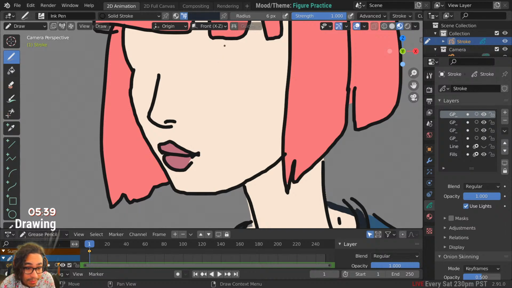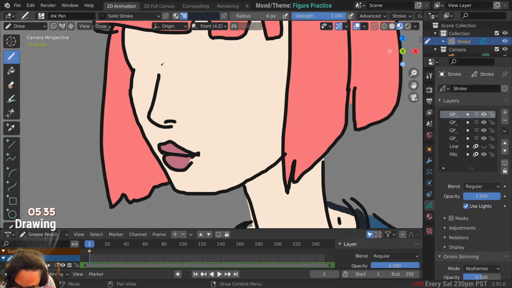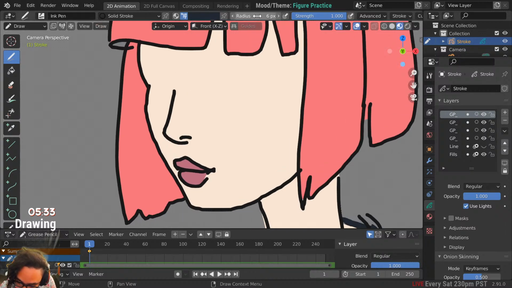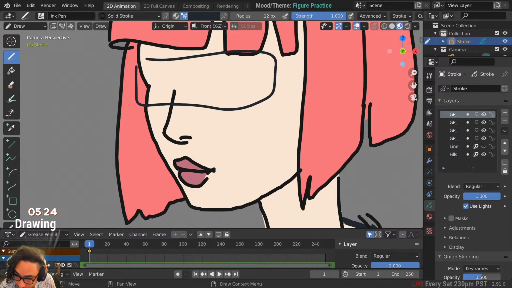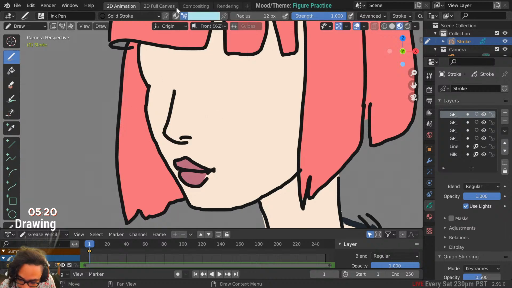I don't know what I'm doing. Trying to avoid drawing eyes is what I'm doing. Maybe like, oops. But let's do something cooler than those glasses. Maybe we can do something like,